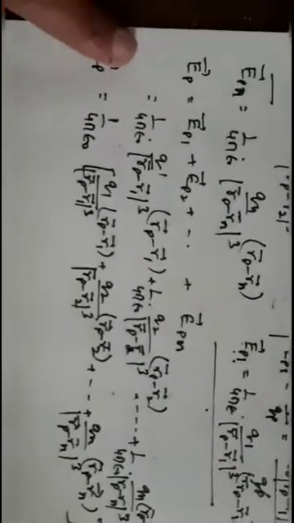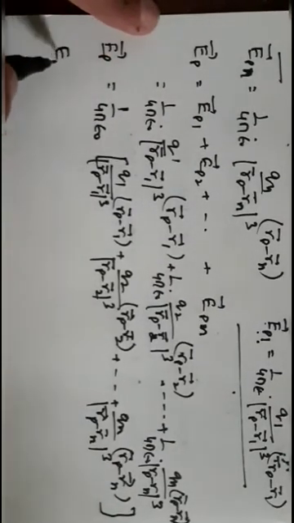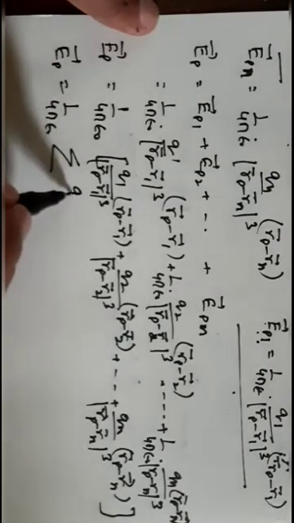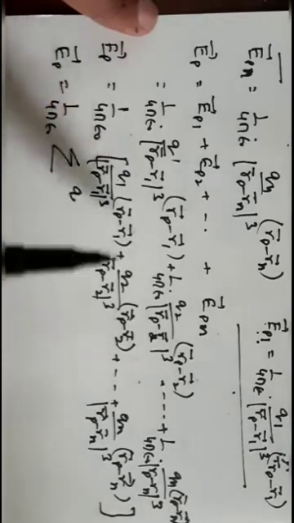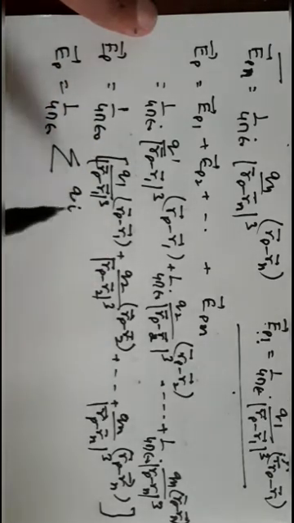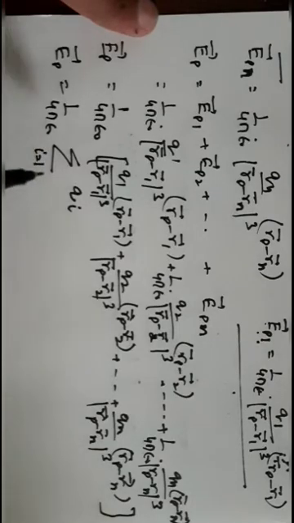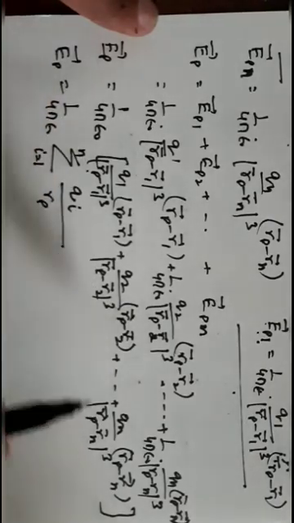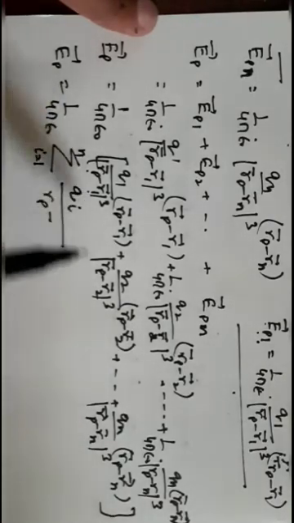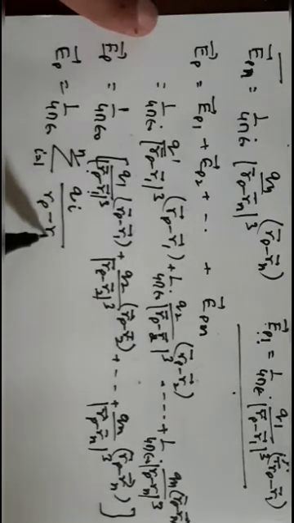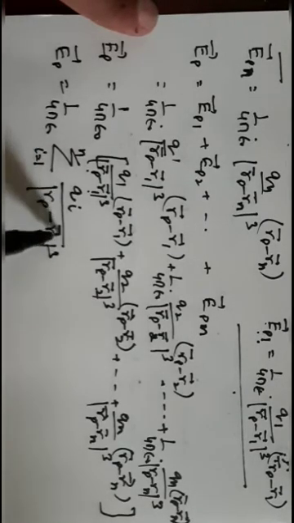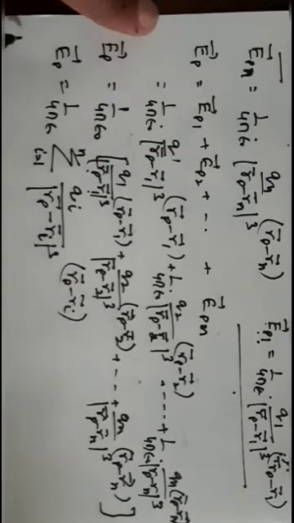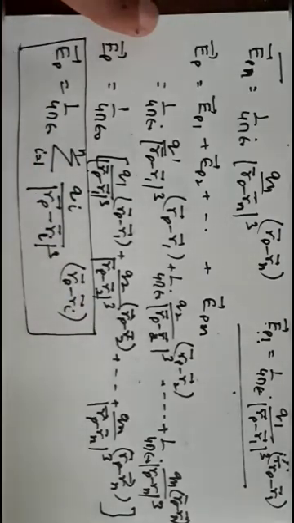To simplify further, we write it in summation form. So we get the electric field at point P is equal to 1 upon 4 pi epsilon naught times the summation of Qi, where Q is changing from Q1, Q2, Q3, so i changes from 1 to n, divided by mod Rp minus Ri cube, times the vector Rp minus Ri. Rp is the same, and the index changes as 1, 2, 3 and so on. So this is the electric field due to n number of charges.